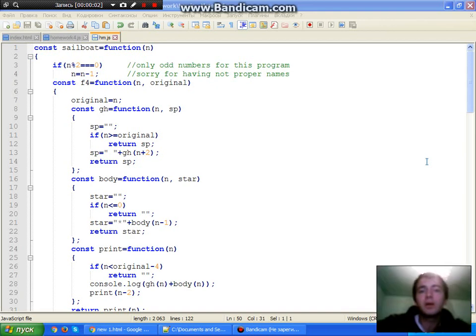Hello everyone, today I would like to solve a problem of drawing a sailboat when we have a certain number. So let me explain the algorithm before starting. The number should be even